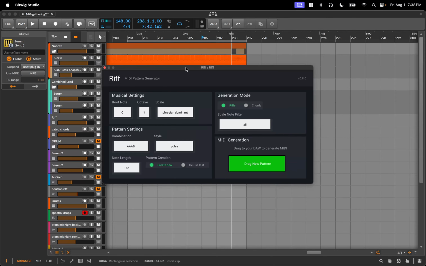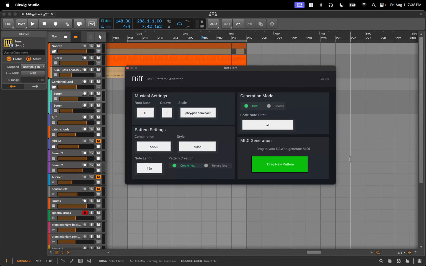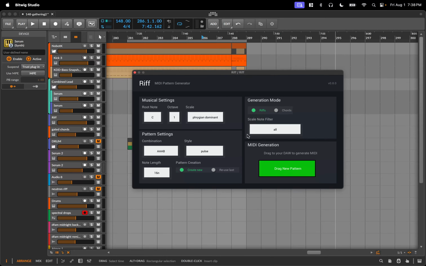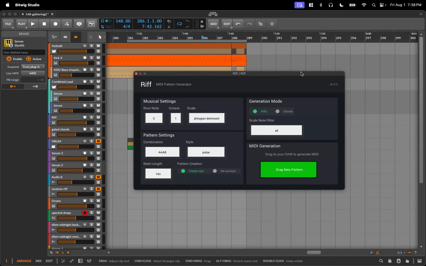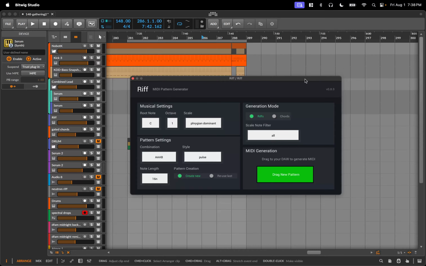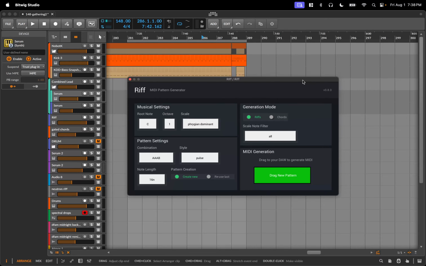Okay, so this is a quick demonstration of the current version of my new plugin Riff. This is a VST3 plugin. It's also available as AU AudioUnits v3 and as a standalone app. At the moment, it is only available for Mac OS. I will be working towards getting this for Windows, but for now, if you're a Mac OS user, you can